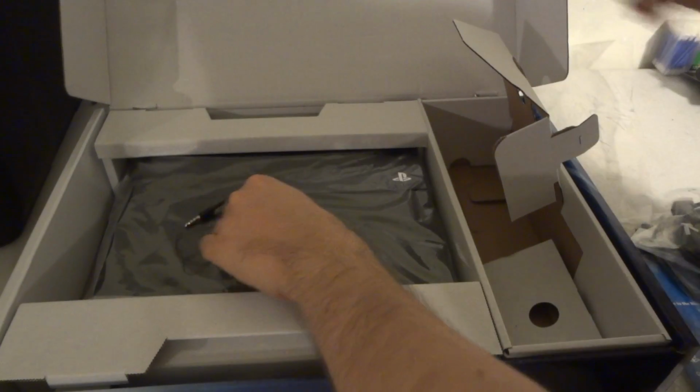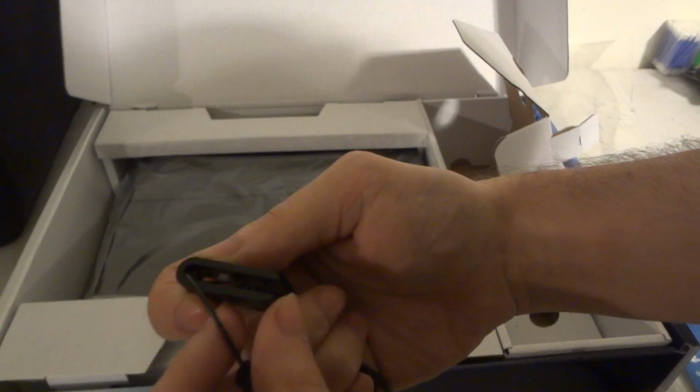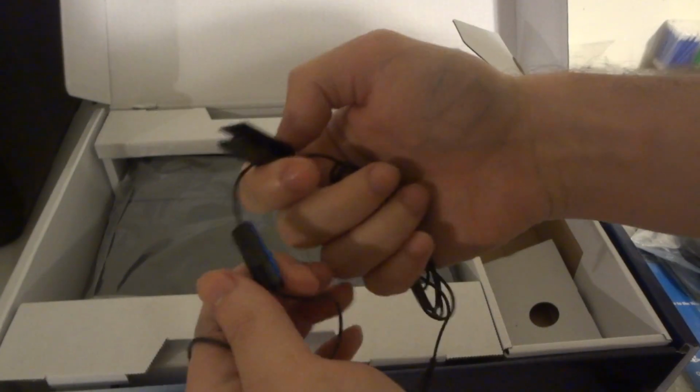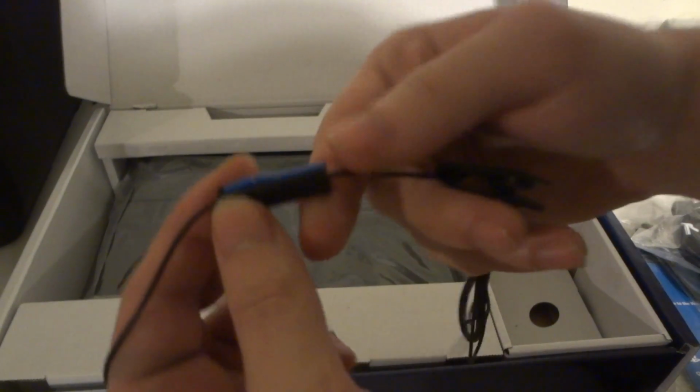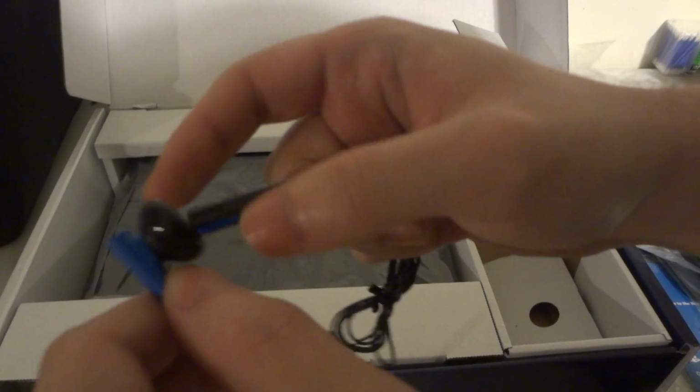I am kind of disappointed in the quality of the Sony headset. I mean, you got a little clip here, which is not even a clip to clip it to your shirt or anything. Looks like you got a volume control switch here, and it's either on and off to mute conversations. Here's the headphone